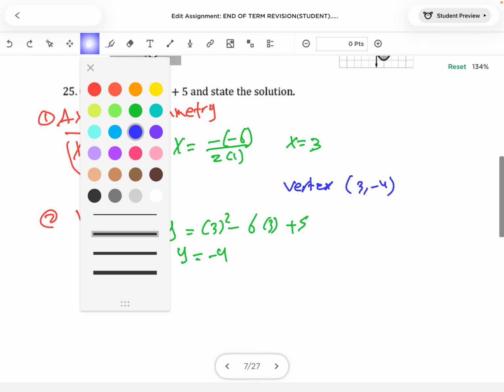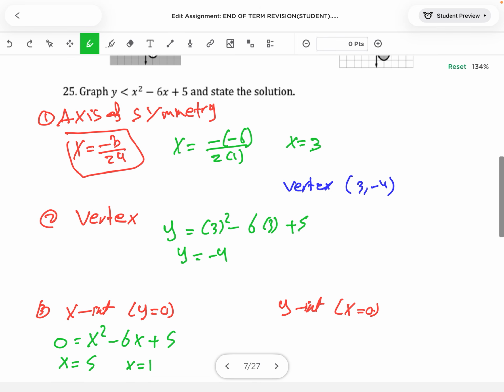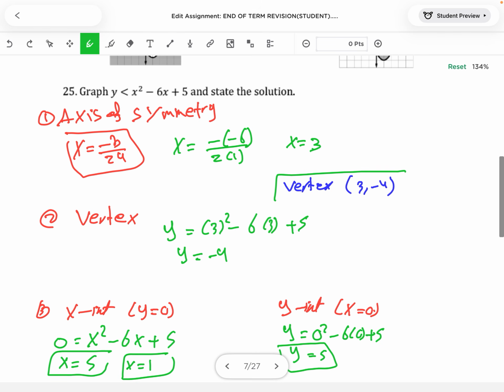Third step, I will find the x-intercept by making y equal 0, and the y-intercept by making x equal 0. y equal 0 means 0 equal x squared minus 6x plus 5. Using the calculator, you will get x equals 5 or x equals 1. For the y-intercept, replace 0 instead of x, so y will be 0 squared minus 6 by 0 plus 5, so y equals 5. And I need this one, or this one, or this one, or this one to